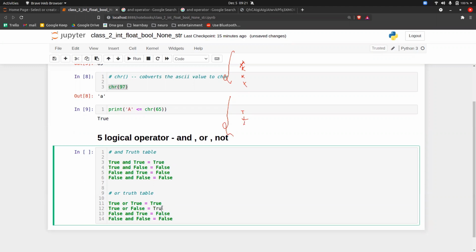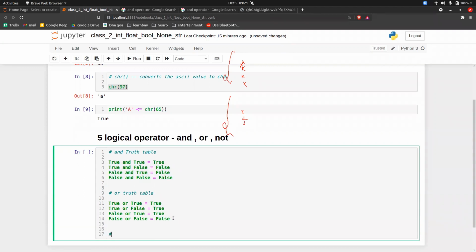It is true. What is false or true? It is true. And what is false or false? It is false itself. Okay, so this is the AND truth table and the OR truth table.